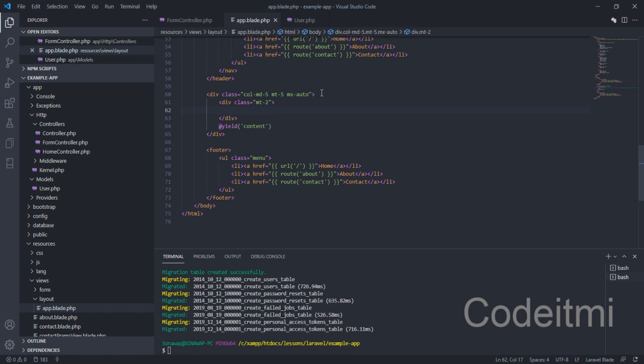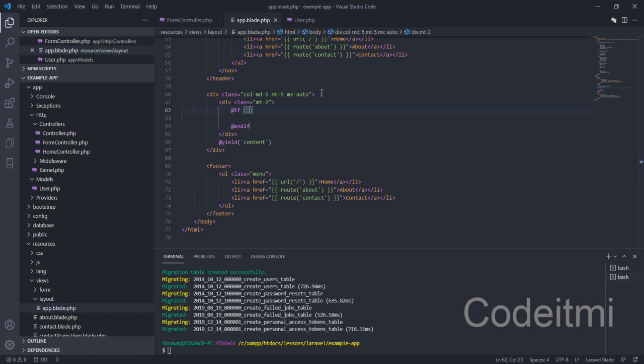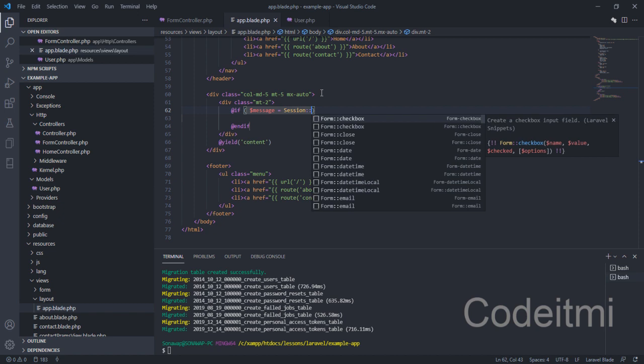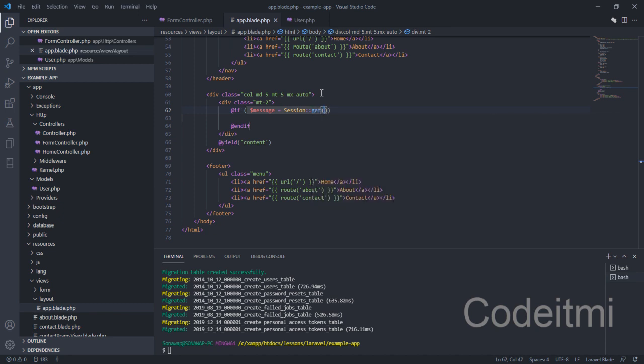Right here, we're going to give a condition statement, and the condition statement will be if. Let's give this a variable of message, and right here we're going to say session, and this will be get. So if this session has a